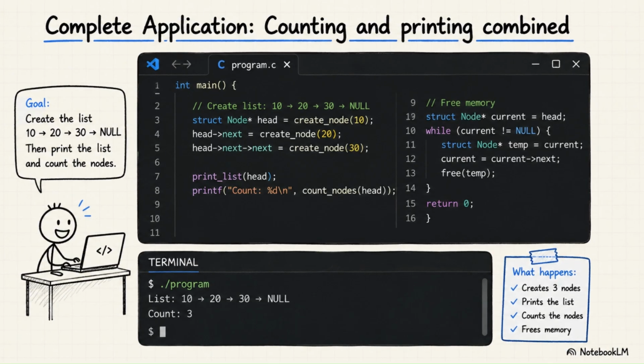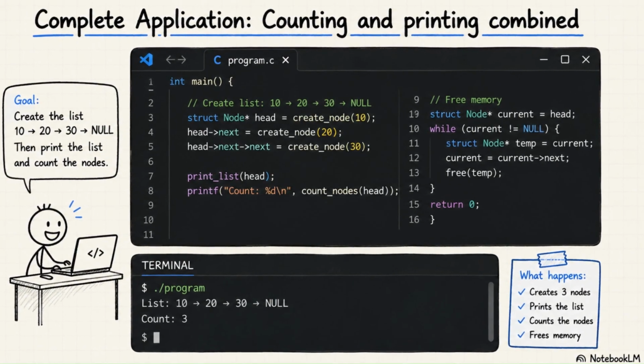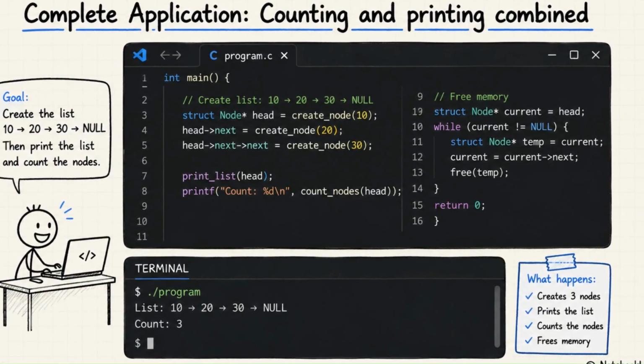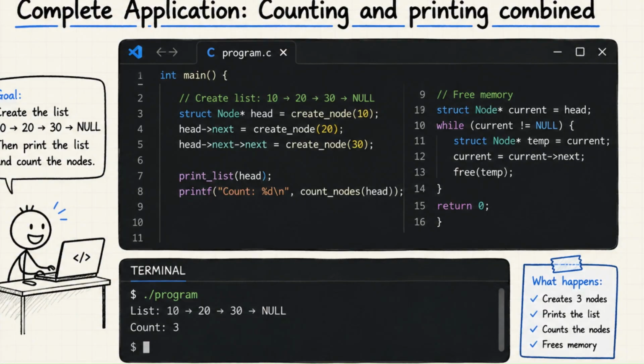So, let's synthesize both tasks and our safety rules by reviewing this complete master program. Over in main, we successfully create a list, 10 pointing to 20 pointing to 30. We then call printListHead, which safely traverses using a temporary variable and correctly outputs list 10, 20, 30 null. And on the very next line, because we preserved that original head pointer, we can safely traverse it all over